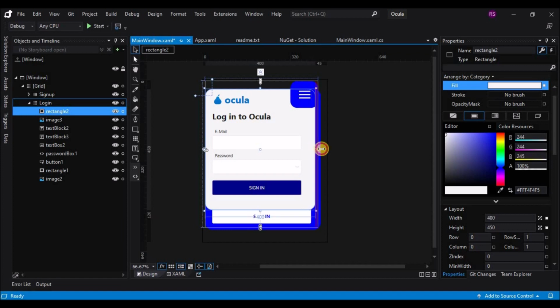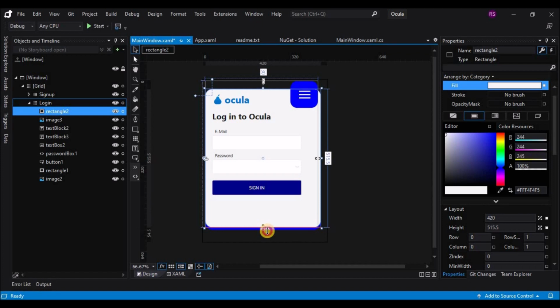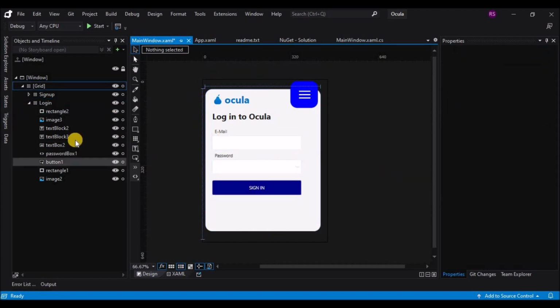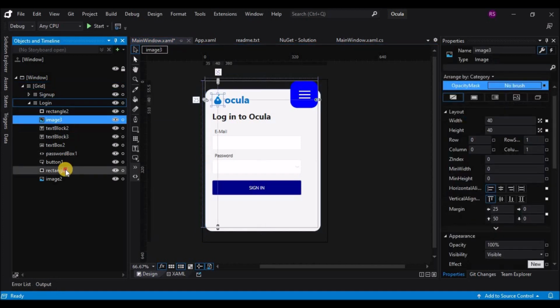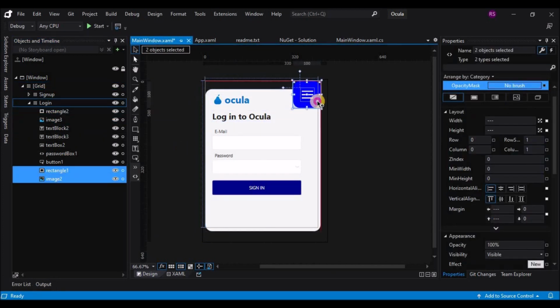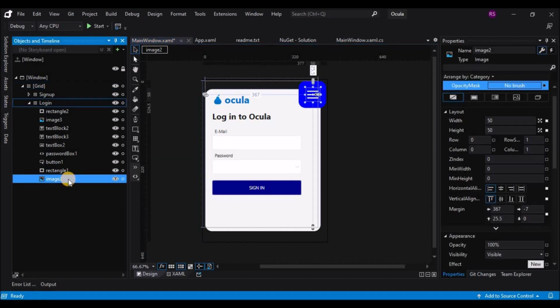Make the login form equal to the sign up form in width and height, because we were able to see the sign up form in the back. So we just want to hide this, so we are increasing the size of the login.